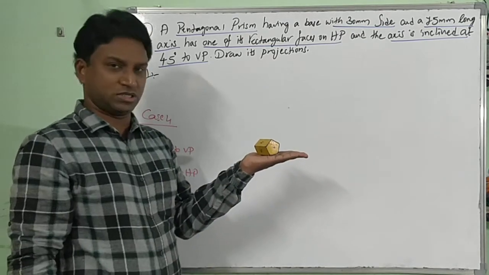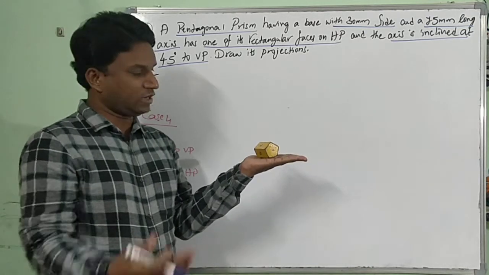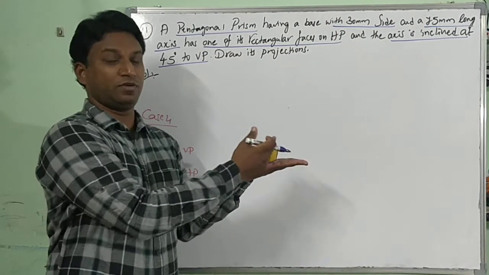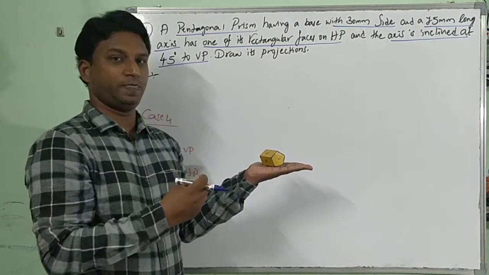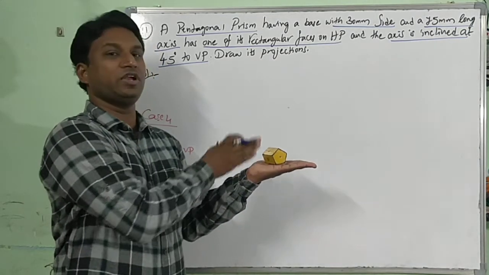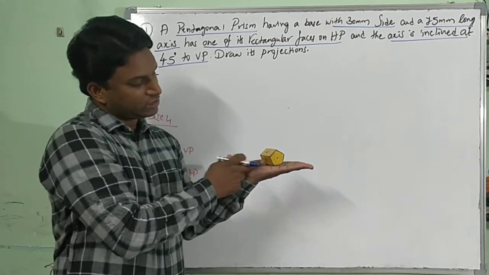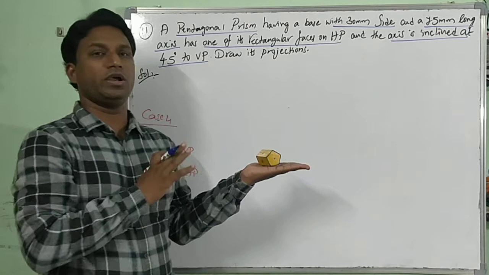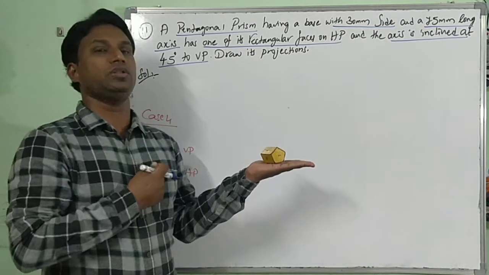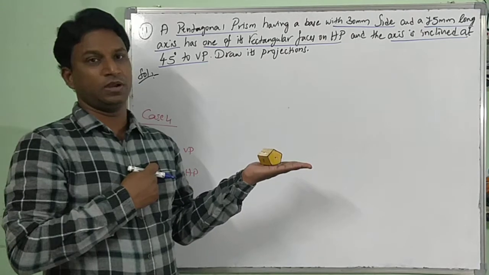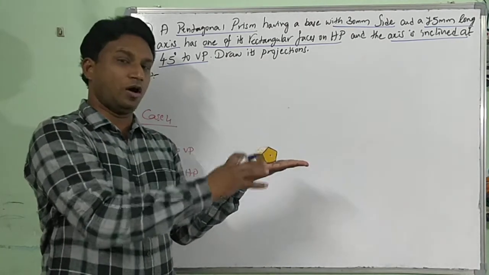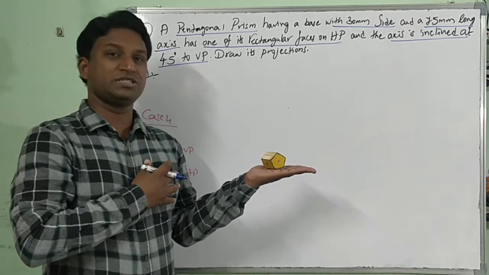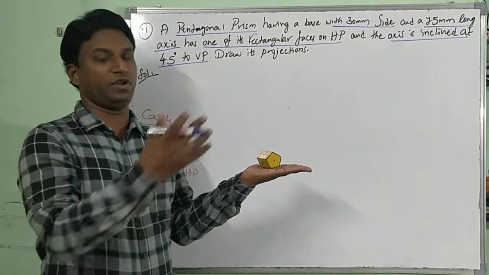Now we are supposed to draw its projections. I hope you all understand. Looking from front view, one base of the pentagonal prism, of pentagon shape, will be diminished. You can see this one clearly, the back side you can see partially. Now in front view, you can see two rectangular faces. You cannot draw its projection directly, so for that we are supposed to solve this problem stage by stage. Now we are supposed to take this object into a particular position such that you can draw its base true shape in either the front view or top view.